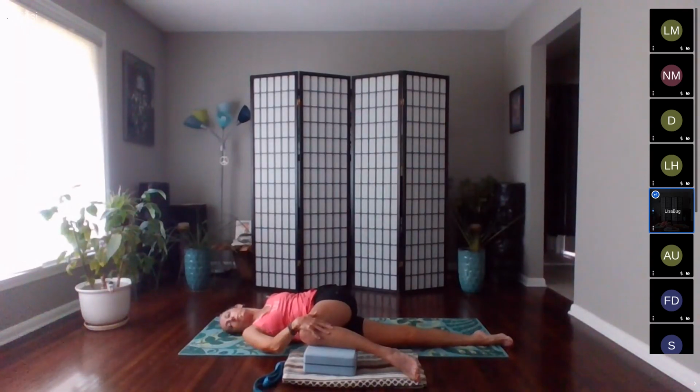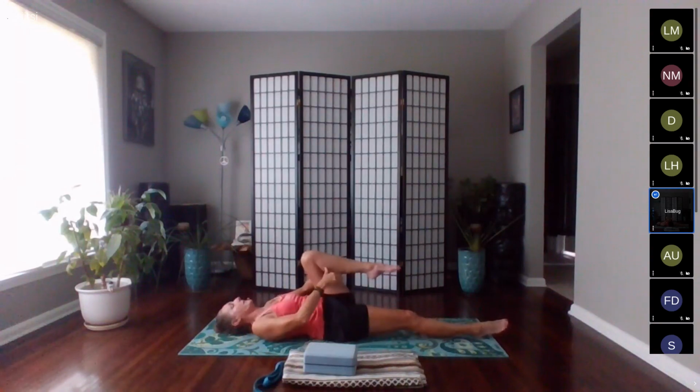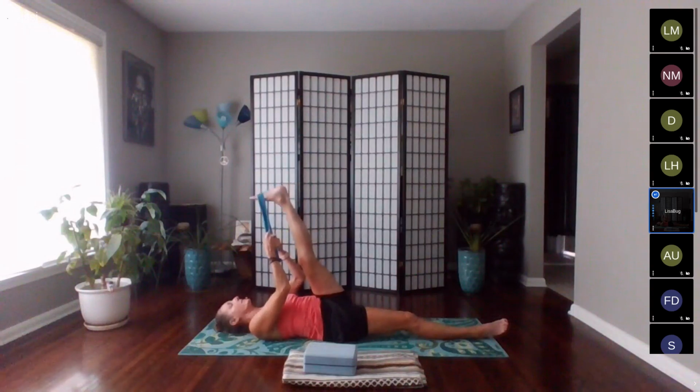Bring your head back to the midline and bring that knee back to the midline. And we are going to stretch this left leg up for a nice deep hamstring stretch. Here's where your yoga strap can be a nice tool to use. We can loop that under the bottom of the foot, on the ball of the foot, and take your leg